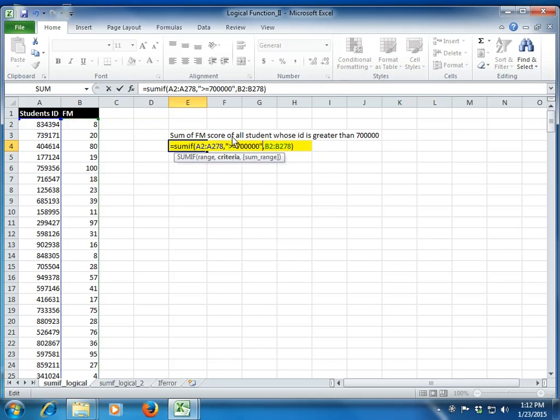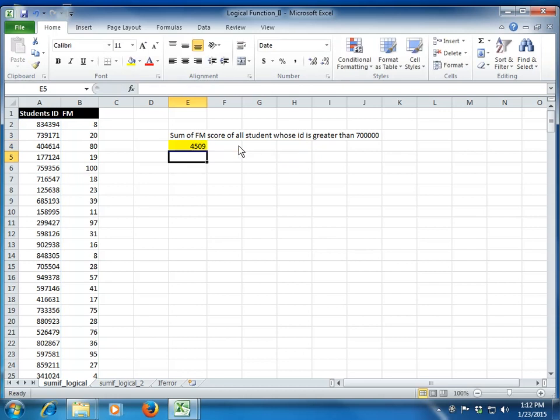So if I put my logical condition criteria, that is this equal to and greater than sign, in inverted comma, the function will work fairly well, right? So you see that if I don't put this logical condition in an inverted comma, Excel will pop up an error. But if I put this in an inverted comma, this will work fine.